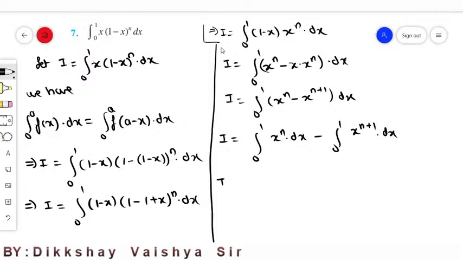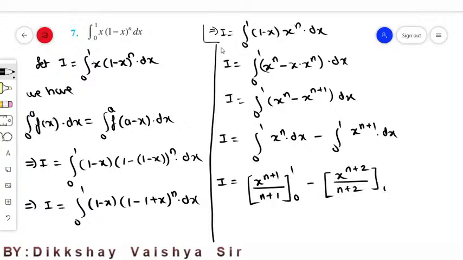Integral of these two terms can be written as x is to power n plus 1 upon n plus 1 with limit 0 to 1 minus x is to power n plus 2 upon n plus 2 with limit 0 to 1. That's it. Now apply the limits. I is equals to, so value of x is 1, so 1 raised to power anything, what we get, that is 1 raised to power n plus 1 is 1 upon